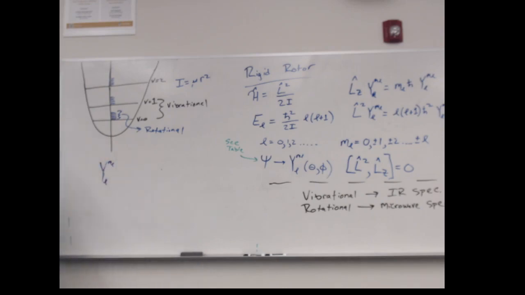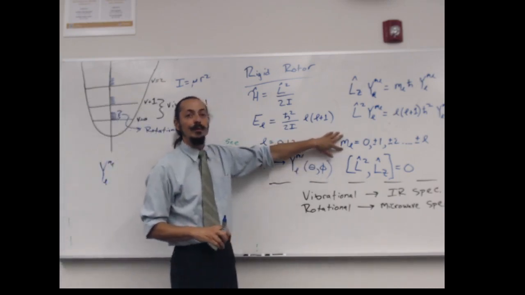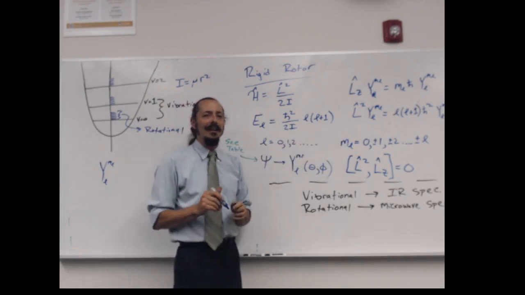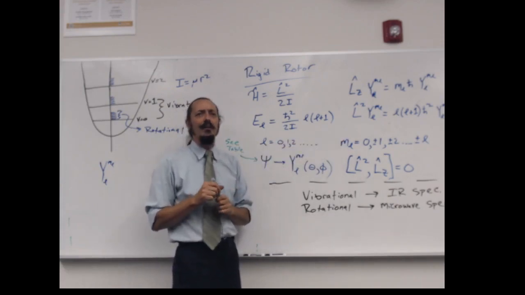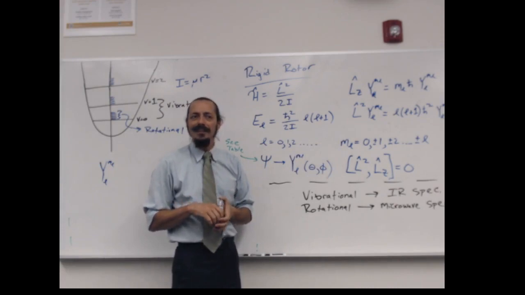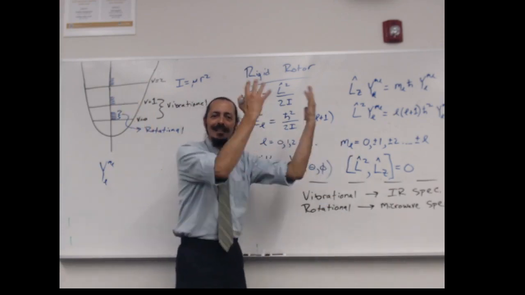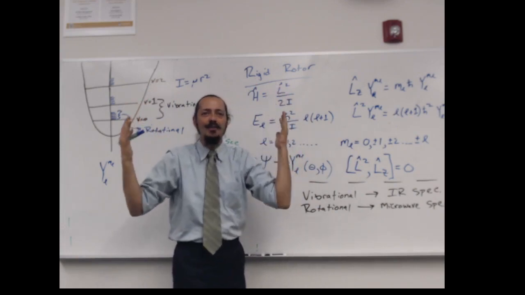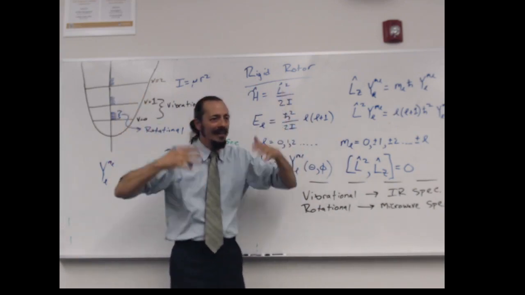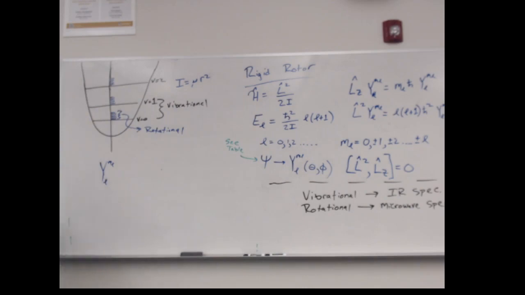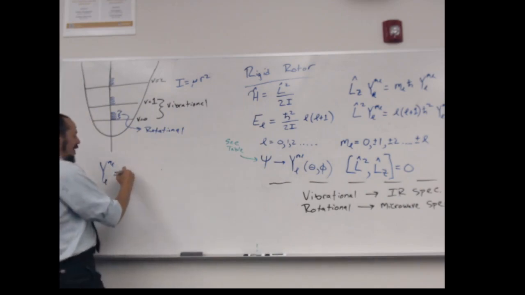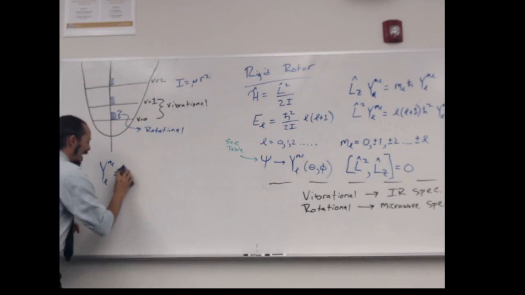I really want to send you this thing. I got really frustrated when I was looking at the textbook this weekend, because I was trying to find something that really explained why these M sub L values were restricted this way. And the textbook said, oh, just have your students download this extra file on the online textbook. It's literally a half page of information, and they make you go to the website and download it. But they also do this part there. You can write this Y M sub L